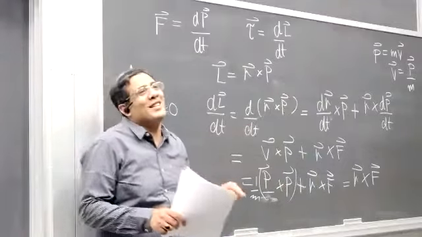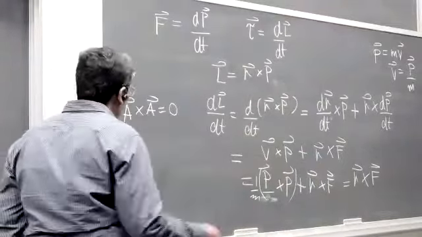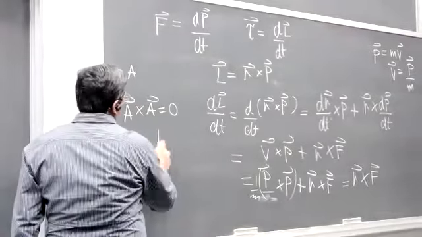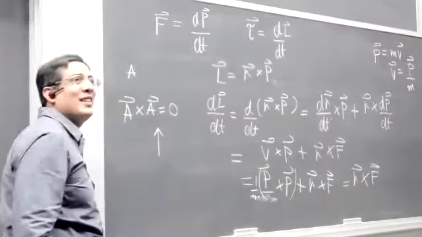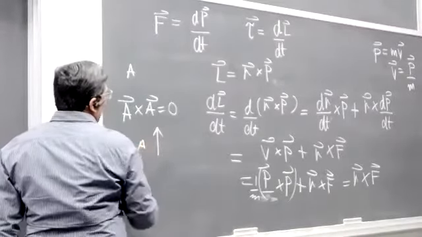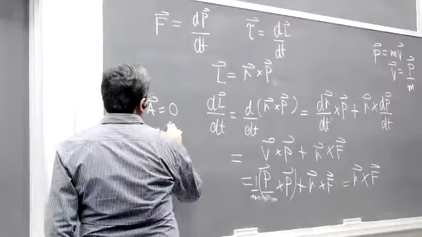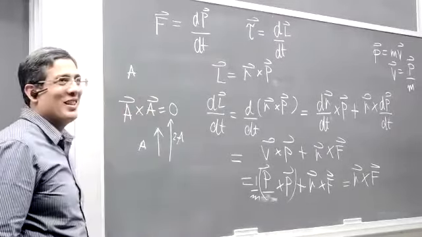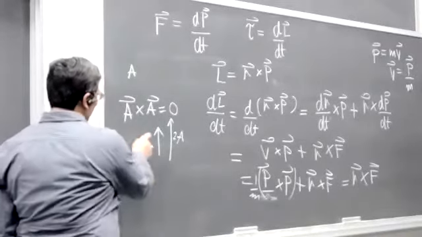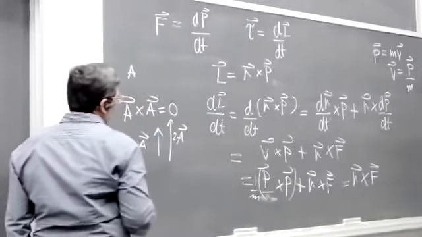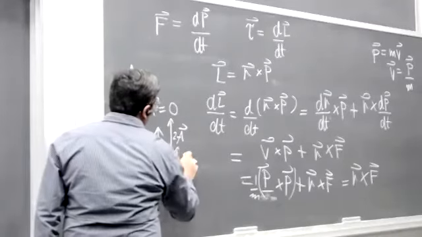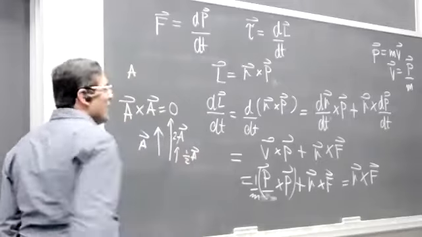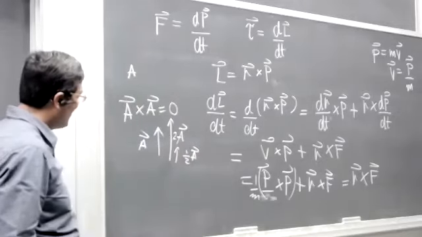Have you seen this property of the cross product? No problem, but see: the cross product between a vector A and its scaled version, let's say 2A, is always zero as well. Okay? The beauty of vectors. Or half A, the cross product between A and half A would also be zero.